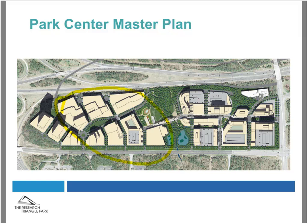And these are the types of buildings we all have hidden away somewhere in suburbia, all across the country. This is where really we can experiment. We can try new ideas. We can fail frequently but safely and work to cultivate a new community and a culture for RTP, the Triangle in North Carolina. So with that quick overview of the master plan itself,